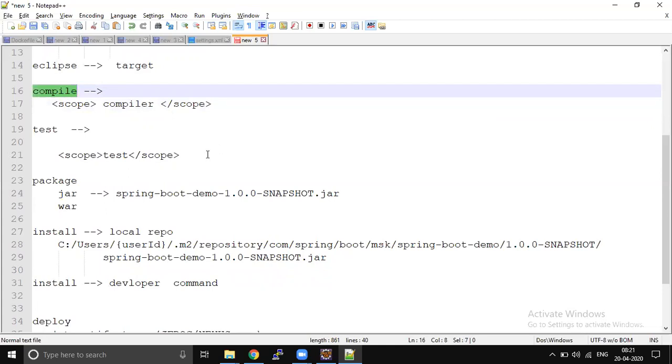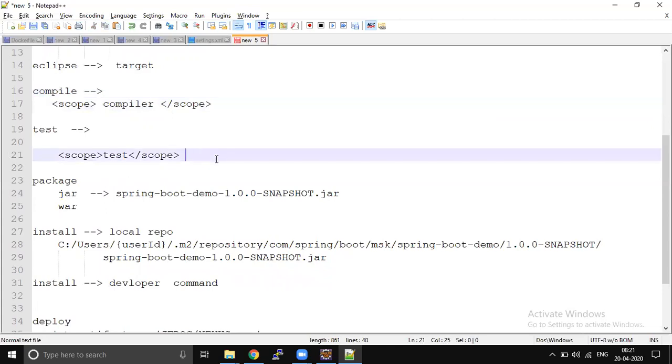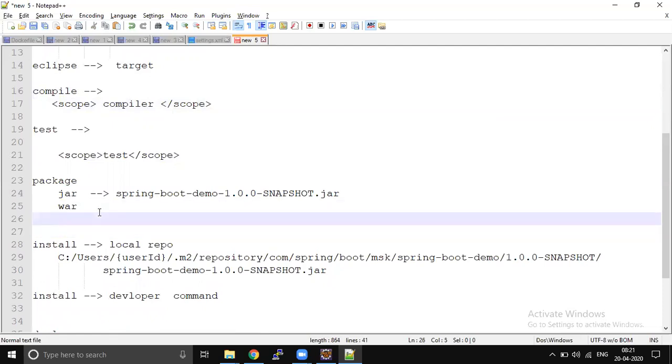Sometimes we will have a requirement, right? For local purposes, I want it till compile, I want it still in test, but I don't want it present at package. When the final output jar file is going to be created, I want to skip a jar file which is going to be wrapped inside the war file or jar file.